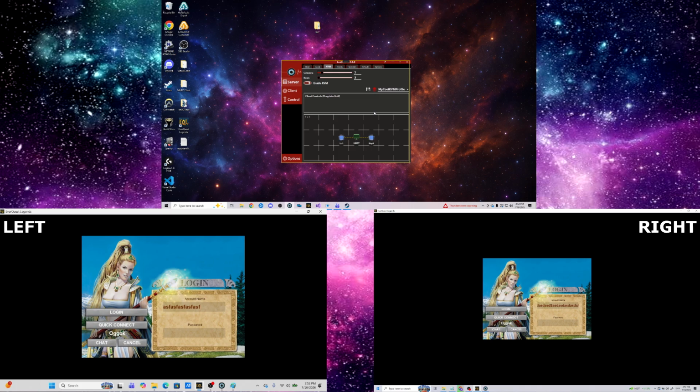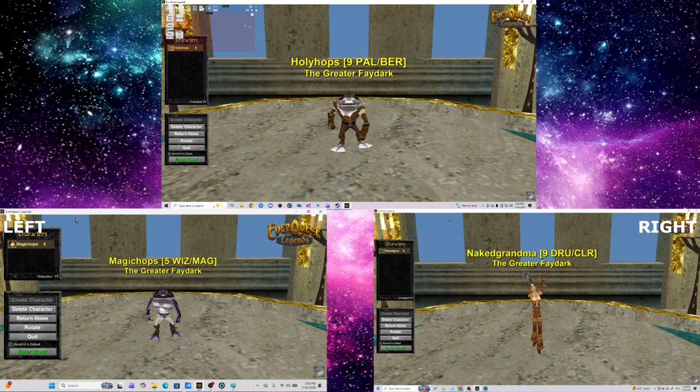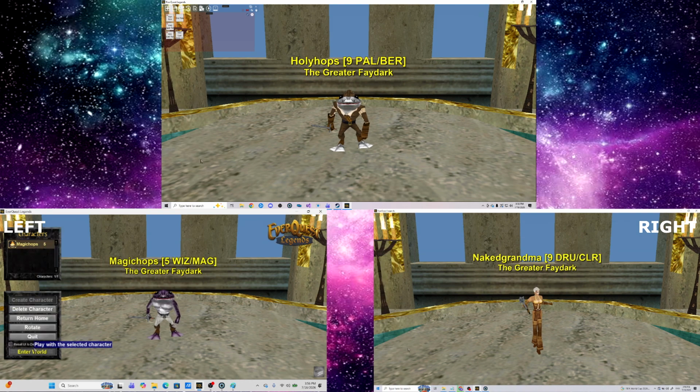I'm going to go ahead and log all of my clients into game, and we'll get to the networked input broadcasting. So, as you can see, I have my EQ Legends designated hotbar open here. If I click the broadcasting toggle, you can see the mouse movements are currently being broadcasted. If we go on down to Enter World and click,